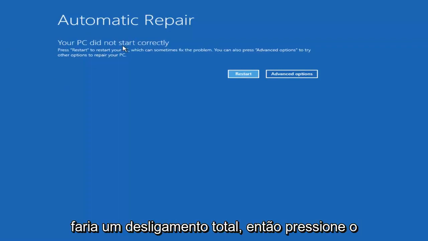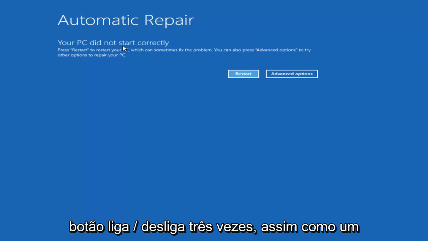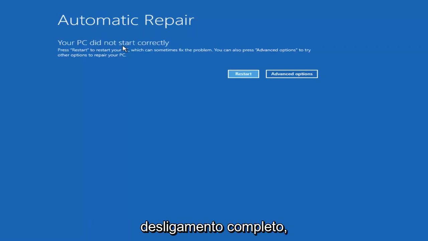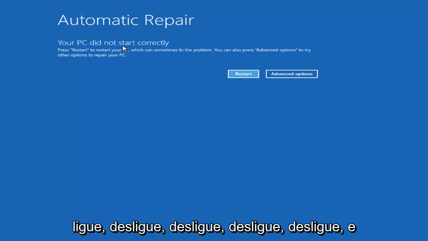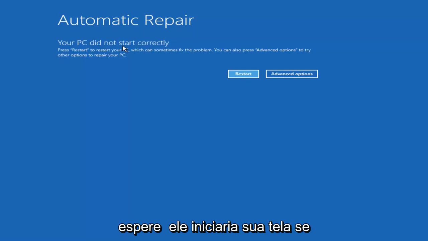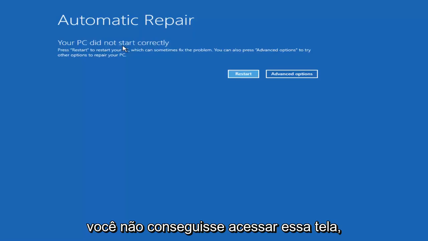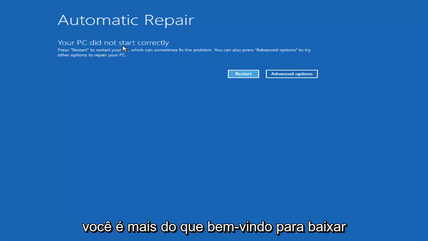So again, you would do a hard power off, so press your power button 3 times, just do a complete power off: turn on, turn off, turn on, turn off, turn on, turn off, and then hopefully it would launch a screen. If you are unable to get to this screen, you are more than welcome to download the